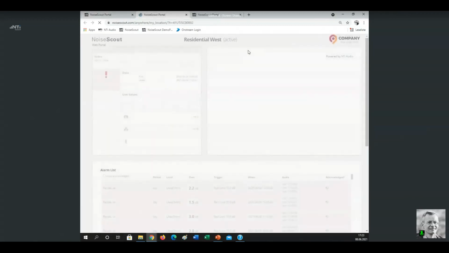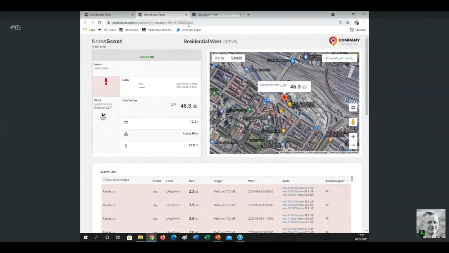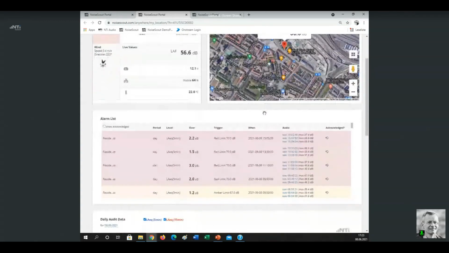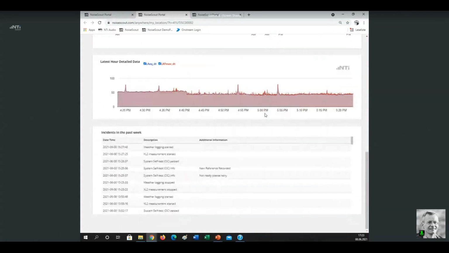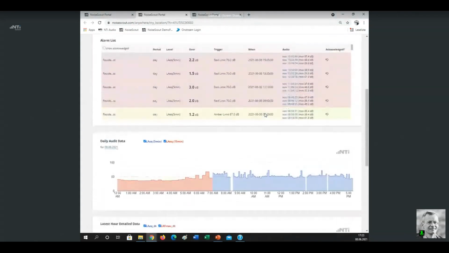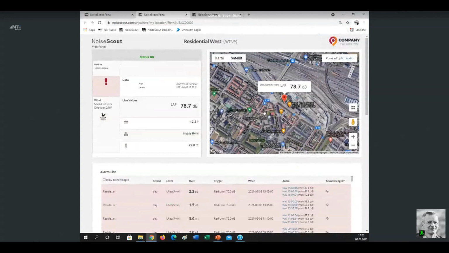save the changes, and then click here on this chain symbol. And as soon as you do that, a new link will be created and opened. And this link allows now a read-only access to your location. So you can share this link with your customer or even with the public. Everybody who has this link is able to take a look at what is going on here: system status, the map, the alarms, the charts, and the incidents. This is according to your previous selection. This is a public link, but as I stated before, read only.